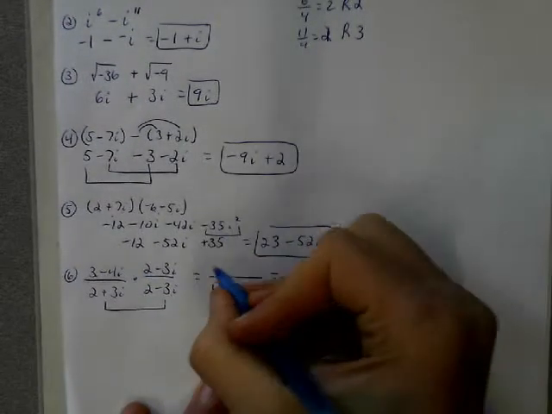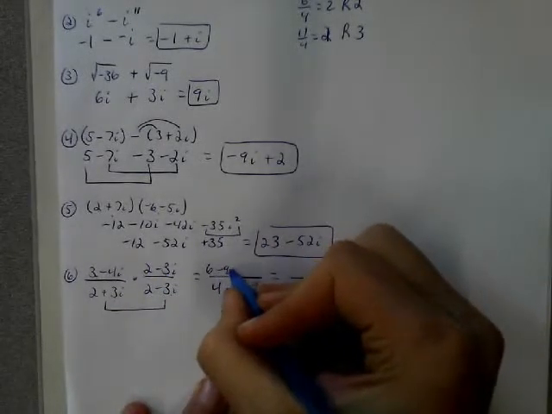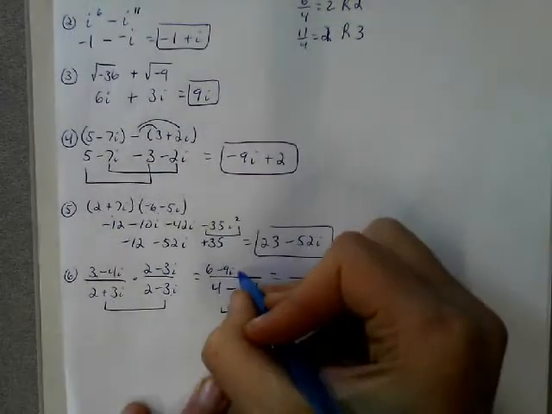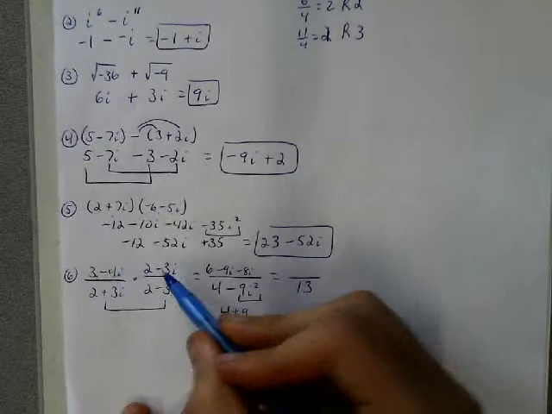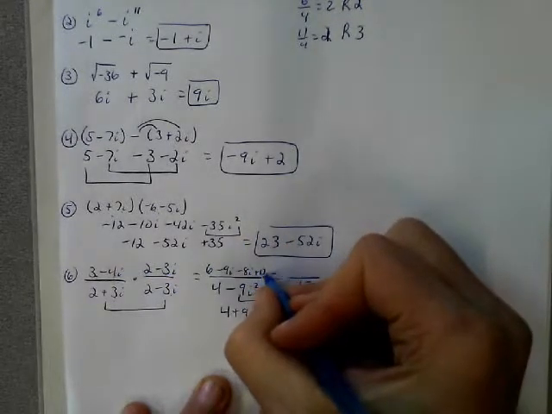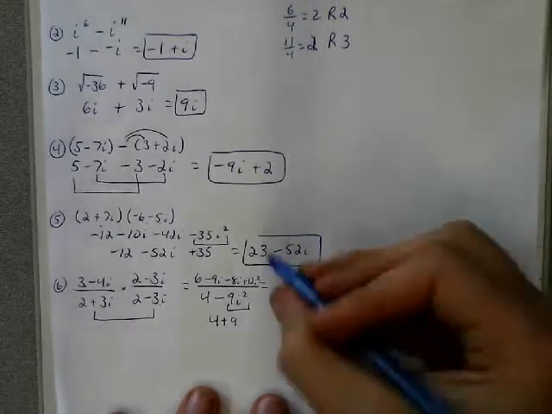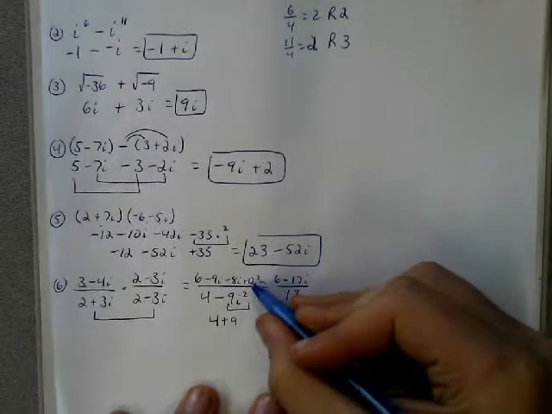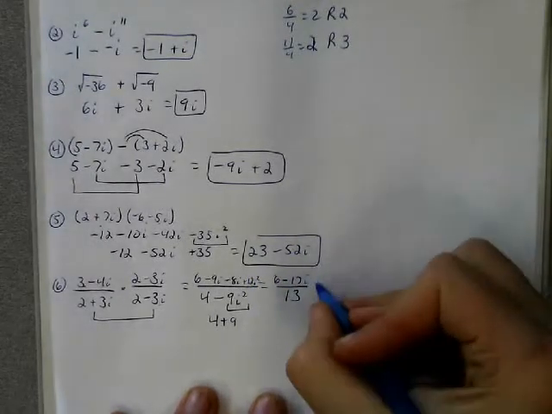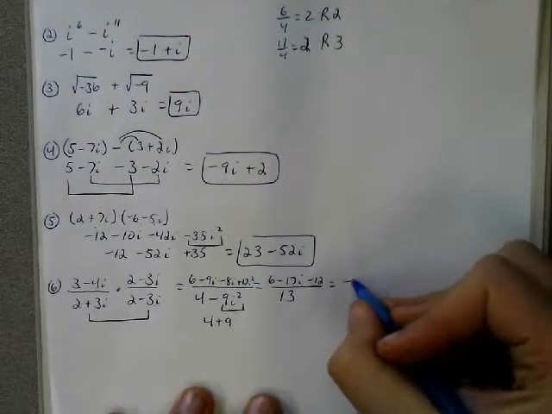3 times 2 is 6. 3 times negative 3i is negative 9i. Negative 4i times 2 is negative 8i. And negative 4i times negative 3i is plus 12i squared. So when we rewrite this, we have 6 minus 17i. And again, i squared is negative 1, so we have minus 12. Which reduces to negative 6